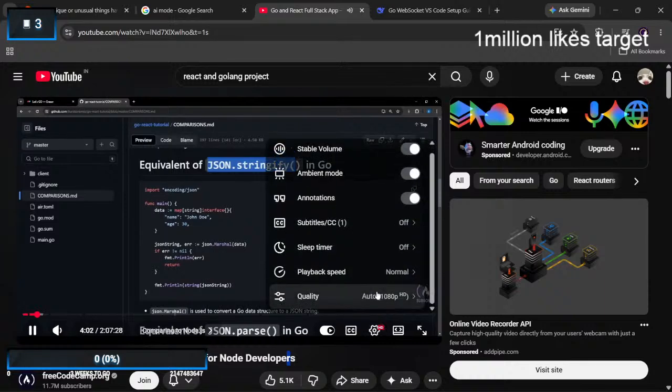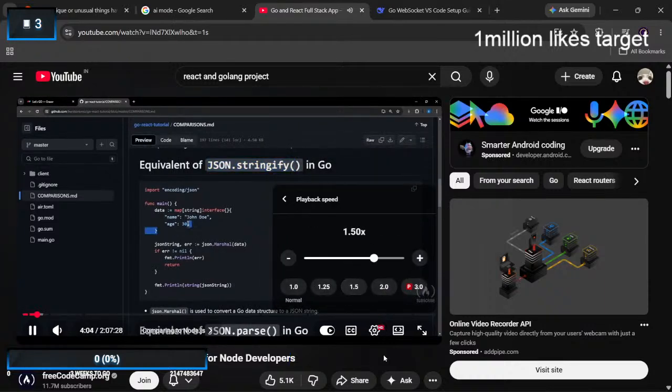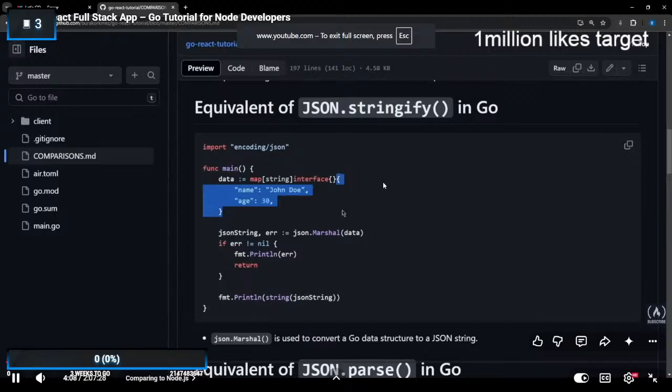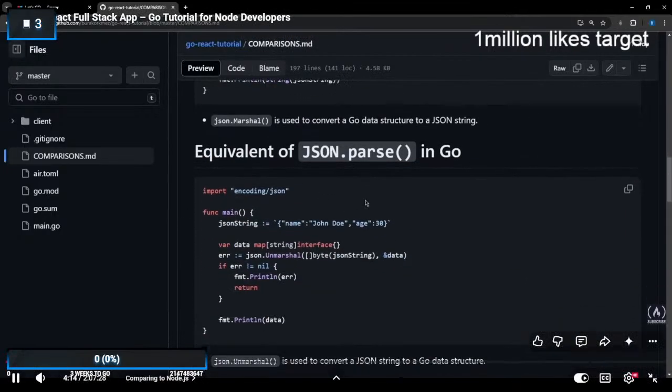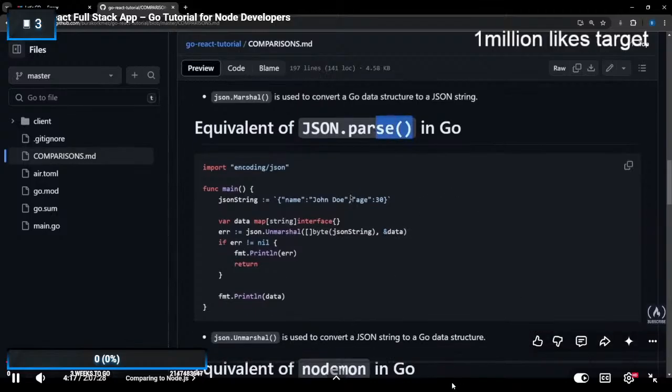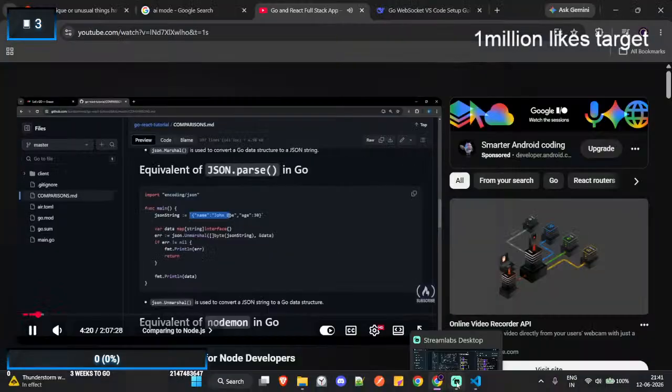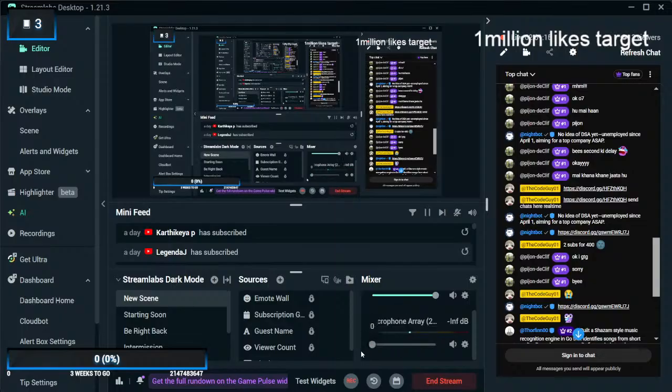So you would say json.marshal, and you're going to have the Go data structure, and when you marshal that, it's going to stringify it to a JSON string. And the reverse operation is going to be json.parse, which is going to be unmarshalling. So again, you have a JSON string, and you're going to run this method with that, and it's going to give you that Go data structure.